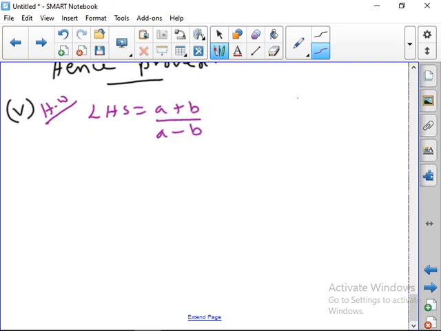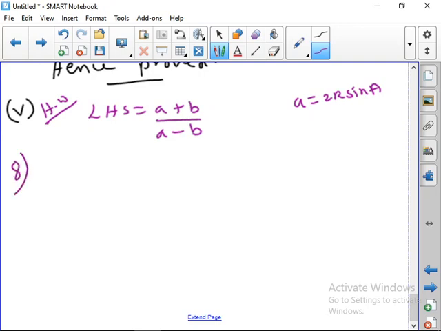What is a? We write a as 2R sin A, and then b is 2R sin B. Then do the same way we did Napier's formula. How have we proved Napier's formula? In the numerator, 2R will cancel; numerator and denominator have 2R common. Then take sin C plus sin D in the numerator and sin C minus sin D in the denominator, and you will be able to do the fifth subdivision. So you can take it for homework. Then coming to the eighth question.